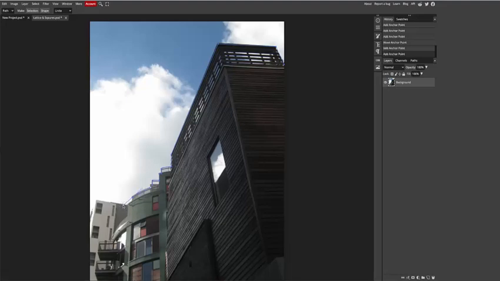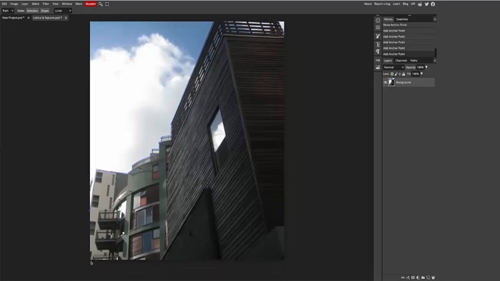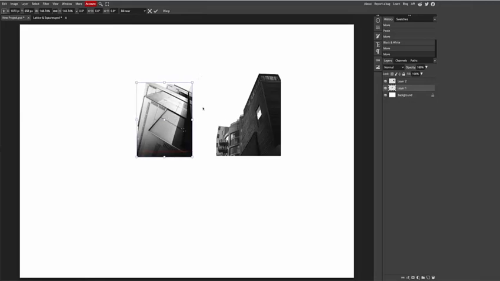So here you can see I've made a small mistake, so I'll press Command or Control Z to undo. I've clicked with the mouse, I've not let go, press the Alt key down, click the middle Bezier point, and I can carry on. Just like with the lasso tool, I have to join myself back up at the start. But there's one more step. I have to make it into a selection up at the top, press OK, and then drag and drop it